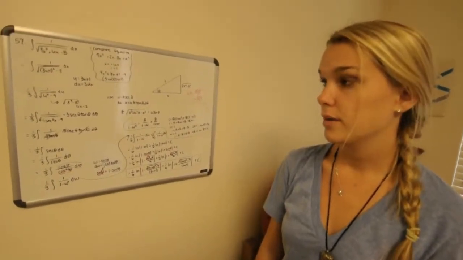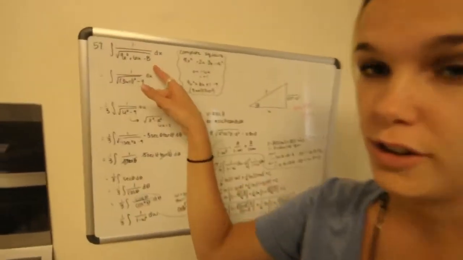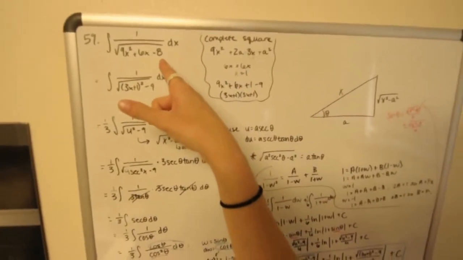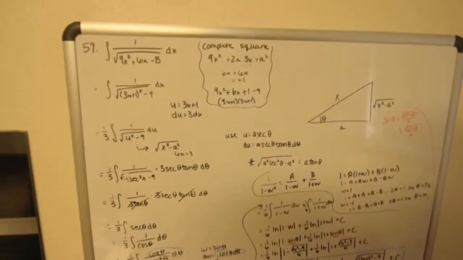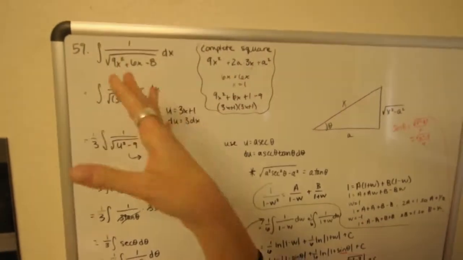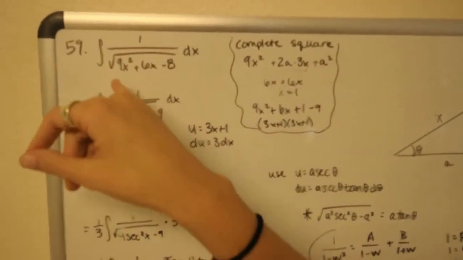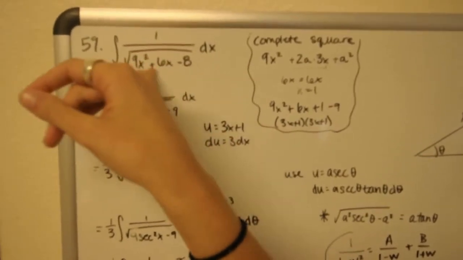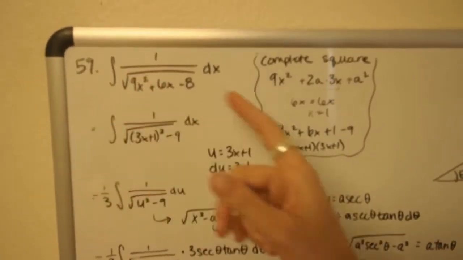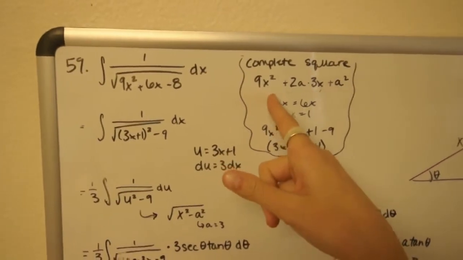Okay. This is an indefinite integral, and it's too complex to solve, because it has too many variables and stuff. Okay, so the first step that you want to do is complete the square, because there's really nothing we can do with this right here. So you go over here and you complete the square,